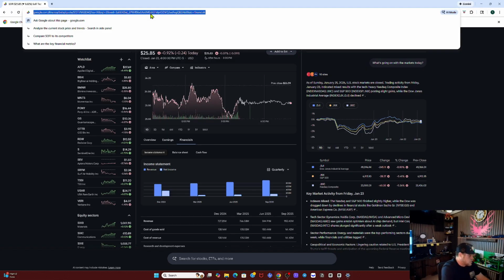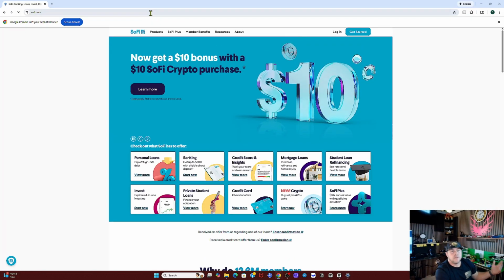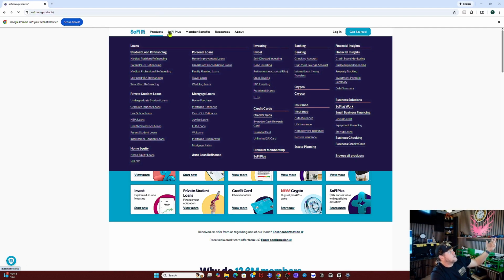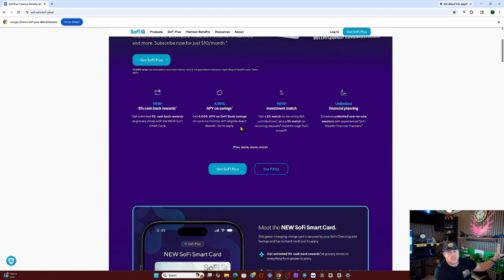So honestly, you just go to SoFi.com, right? Sometimes it pulls up, sometimes it doesn't. This one happened to pull up. You can literally go on here and see their products, SoFi Plus, and not necessarily for this one because it's kind of a banking, but like some of the AI stocks, like Redwire, for example, or